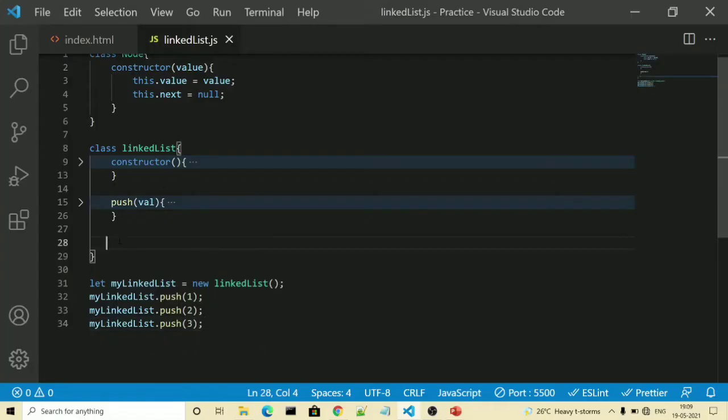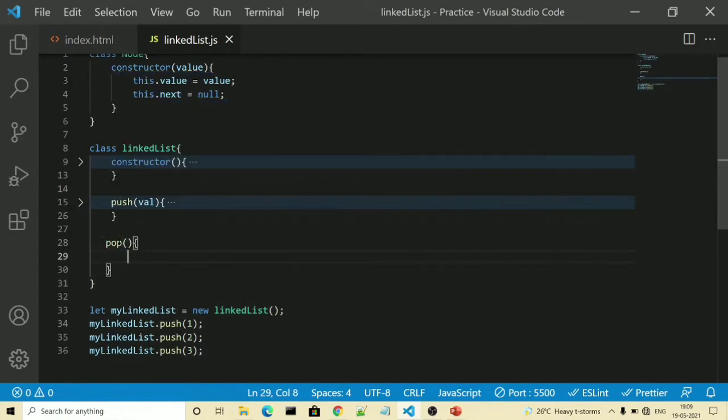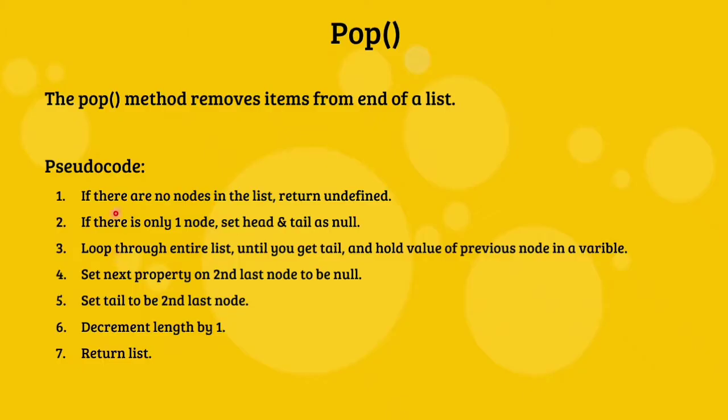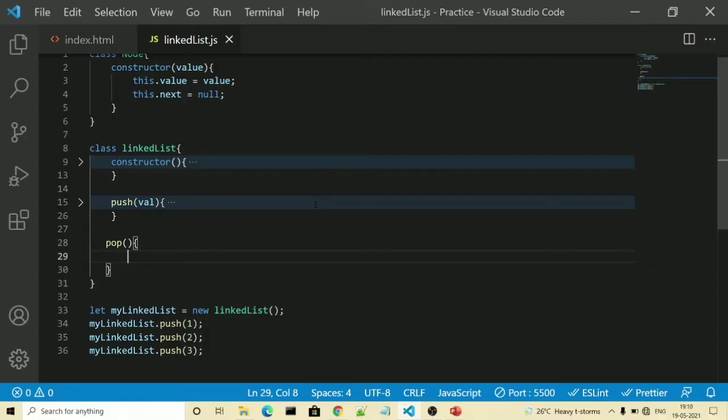Let's begin with our pop method implementation. So we have declared our pop method. Inside that, as per our pseudocode, it is saying if there are no nodes in the list, return undefined. So we will write if this.length is equal to 0, return undefined.